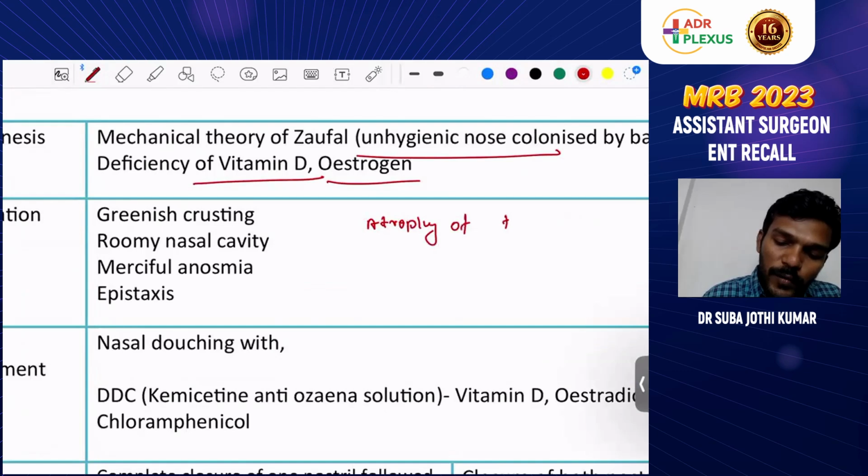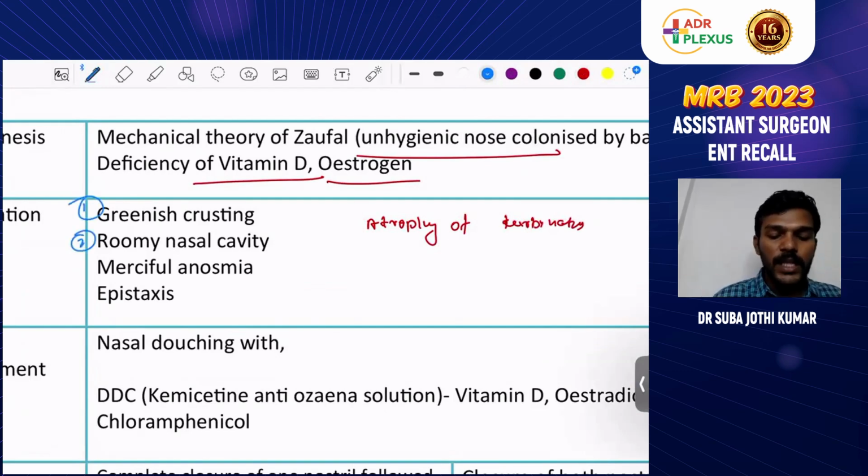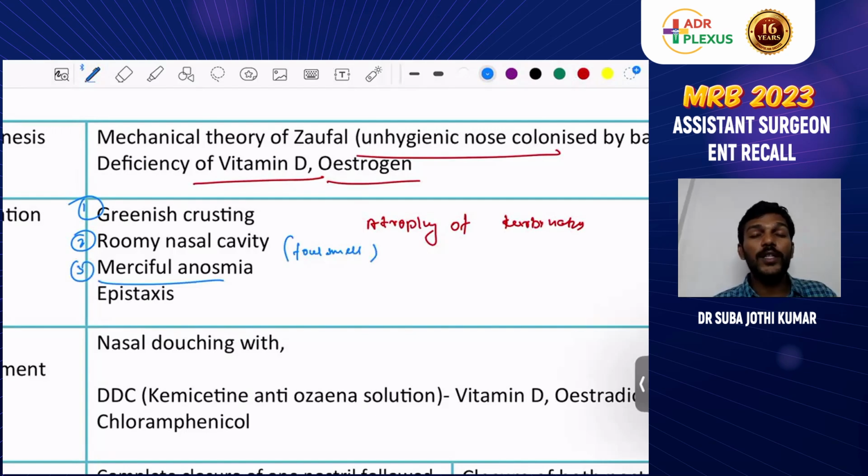So due to atrophy of the turbinates, there will be a lot of crusting, and also due to atrophy there will be a roomy nasal cavity. The crusting will result in a very foul smell, but the patient will not feel the foul smell because due to atrophy there will not be any smell perception for the patient. So there will be anosmia, but the patient can't feel the foul smell of their own body, which is called